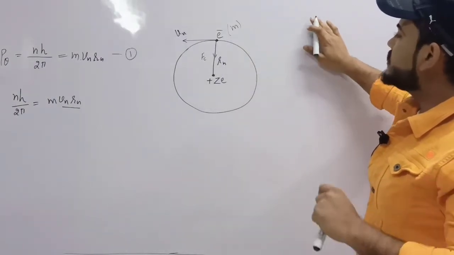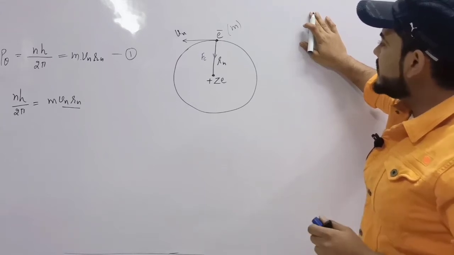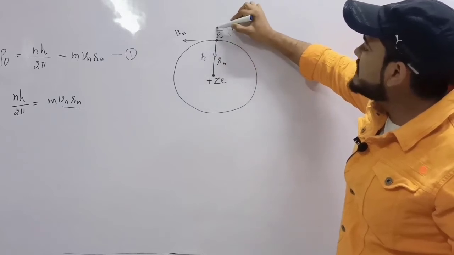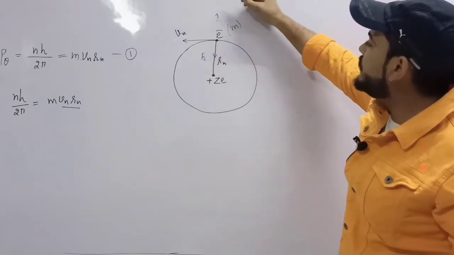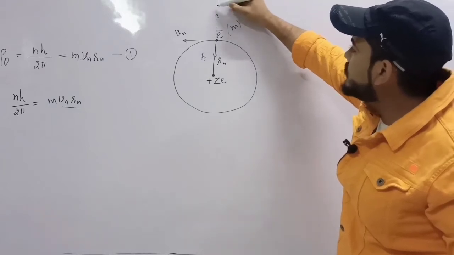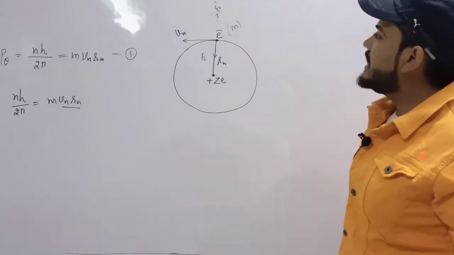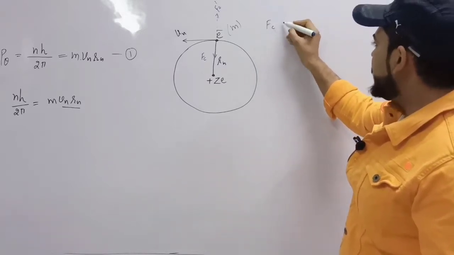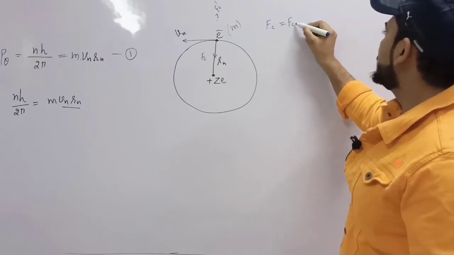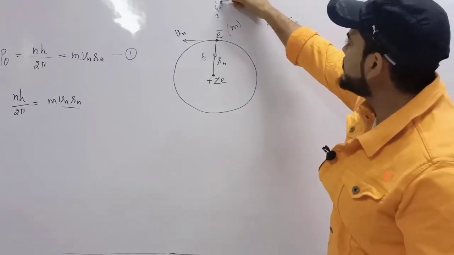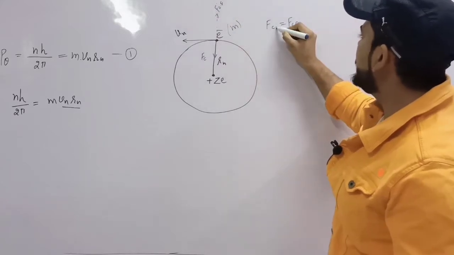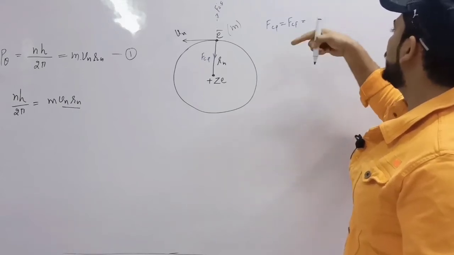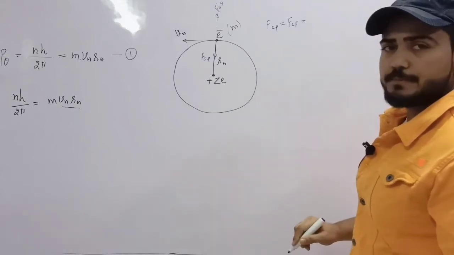Now, what are the other forces acting on this electron? One more force balances this centripetal force. It acts perpendicularly outward from the radius, and this is known as the centrifugal force, let us call it Fc dash. The value of both these forces, the centripetal force and the centrifugal force, is the same. Is it fine now? And what is the value of both these forces?